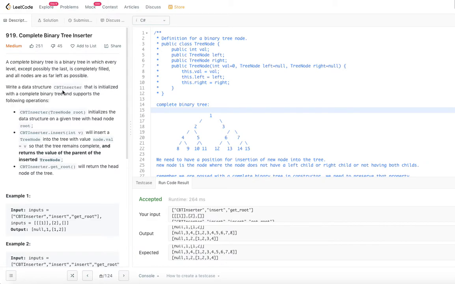So we have to write a data structure called CBT inserter which will be initialized with a complete binary tree. We will look more and try to understand what a complete binary tree is in a bit, but let's look at the operations that we need to support. CBT inserter, tree node root, initializes the data structure on a given tree with head node root. CBT inserter dot insert, int v,